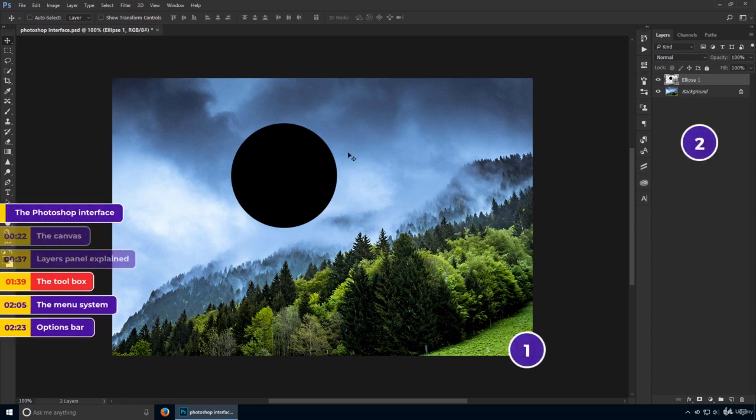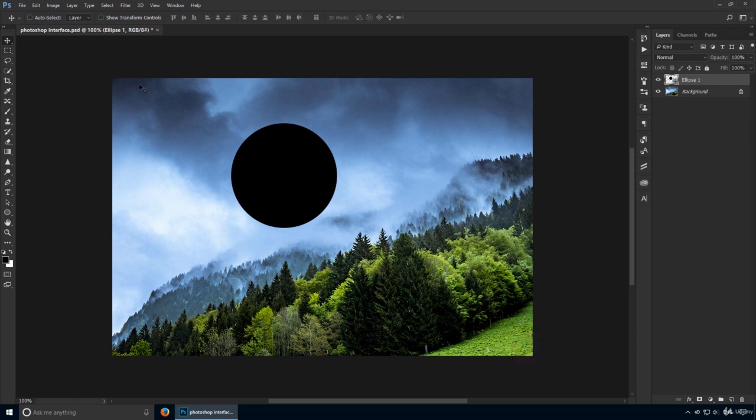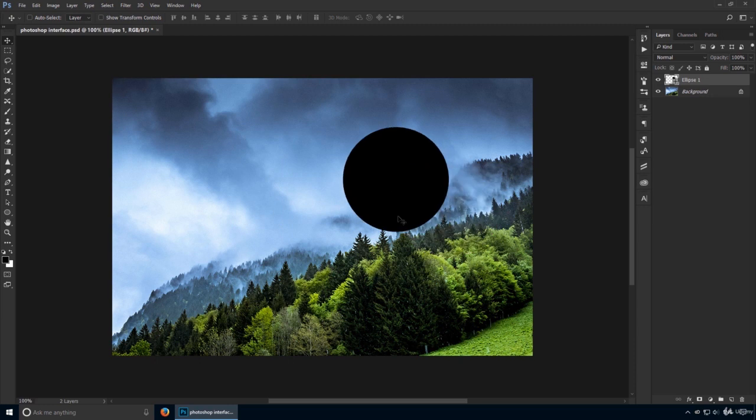On the left side, you have your toolbox. This area of Photoshop should be accessed 90% of the time by using your hotkeys. As we progress, you'll start learning them in no time. In essence, it's more efficient to hit B to enable your brush tool, rather than moving your mouse cursor all the way to the left. That's because your work area is here, on the canvas, and thus this is where your mouse cursor should be